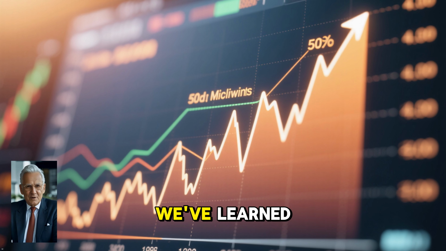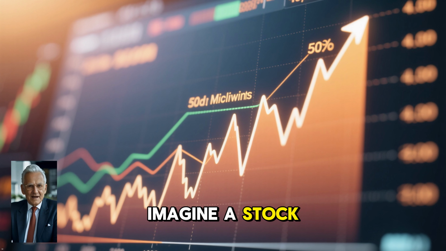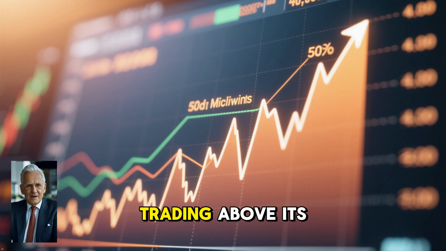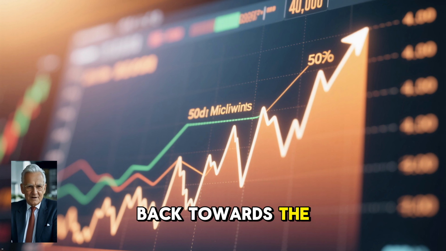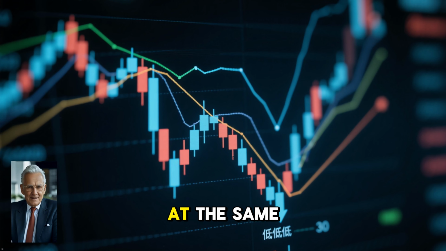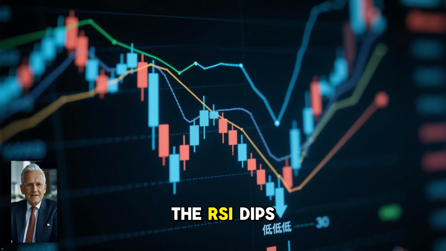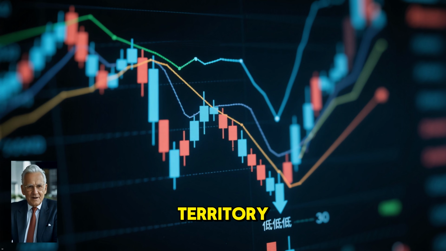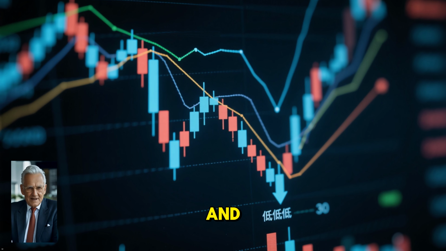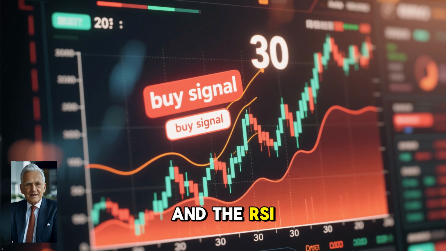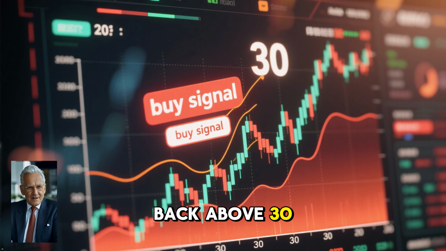Let's combine what we've learned. Imagine a stock is in a clear uptrend, trading above its 50-day moving average. It then pulls back towards the 50 MA. At the same time, the RSI dips into the oversold territory, let's say around 30. When the price touches the moving average and bounces, and the RSI starts to climb back above 30, that could